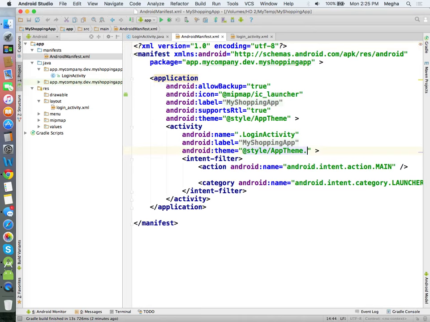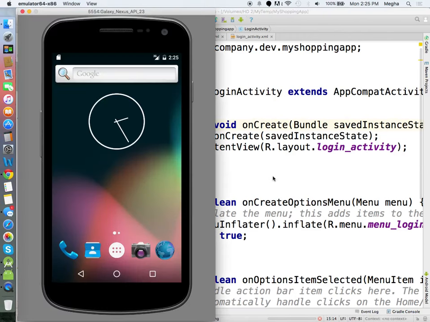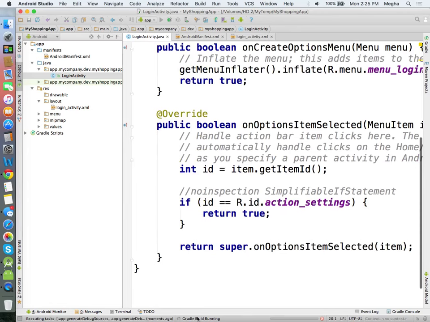This is putting a no action bar. I just really need action bar, so I'm just removing them. I'm trying to keep the app theme. Let me put the theme. Let me try to remove it, because of the app theme which is there on the top. Let me see whether it picks the application tag one, because every time I'm using a different theme, I'm not going to add it across all the activities. So I just press run. I hope it is running. It's running.